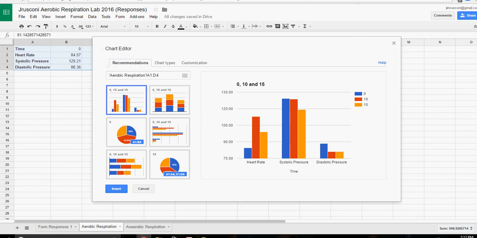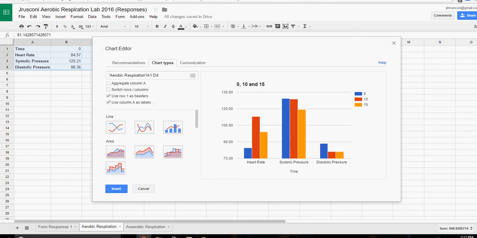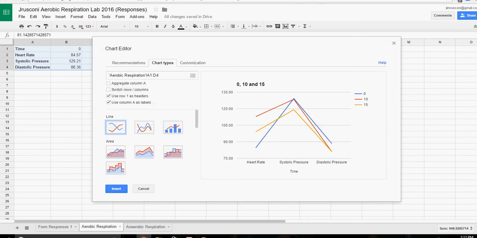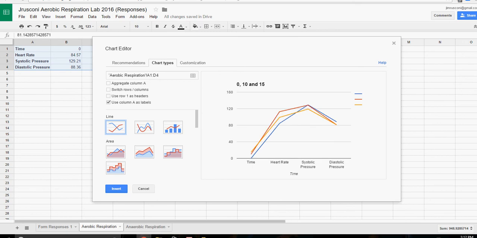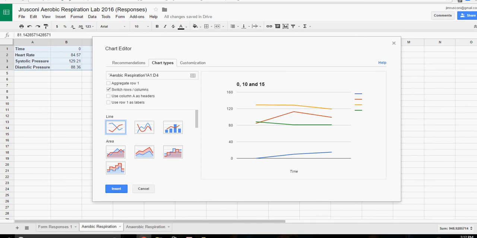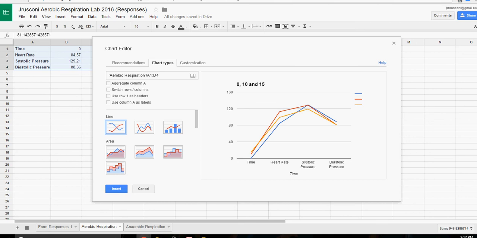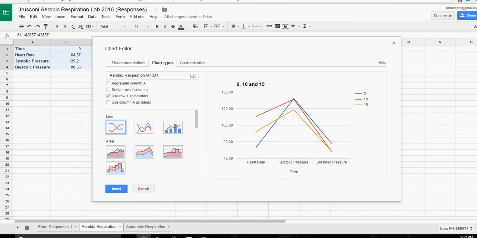And I don't want to go with bar graphs. I want to go with a line chart. Now, I have done something which is kind of important. I'm going to take this off, and you'll notice that these things don't make a lot of sense right now. All right, so what I want to do is, I believe it's going to start off with you, and it's going to look like this, which is not helpful. What we want to do is we want to actually